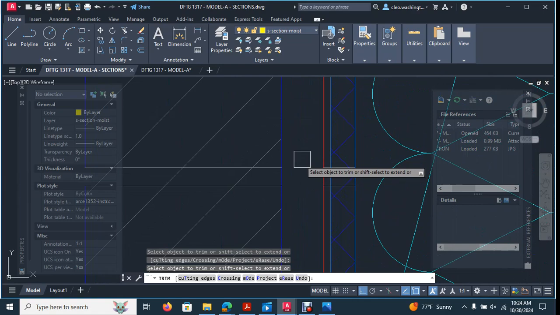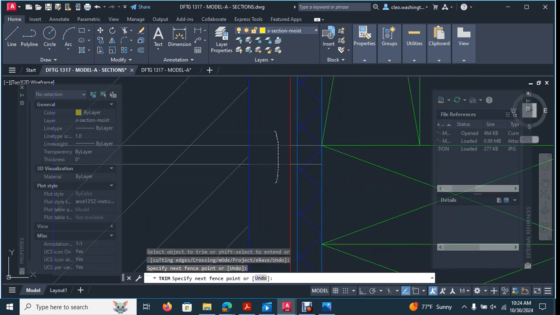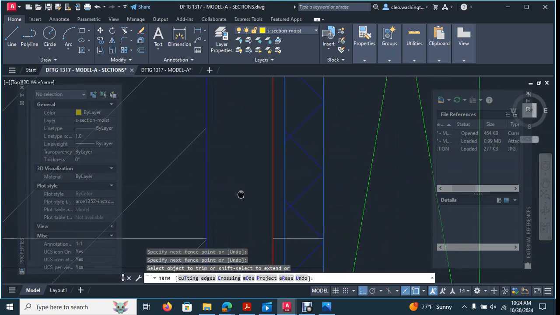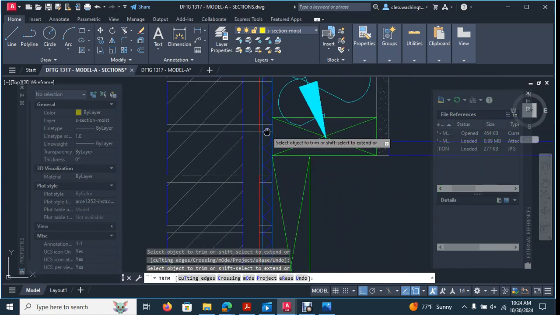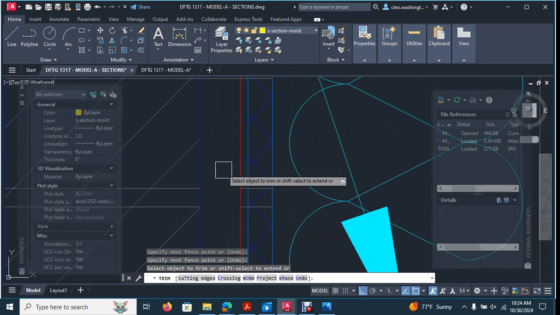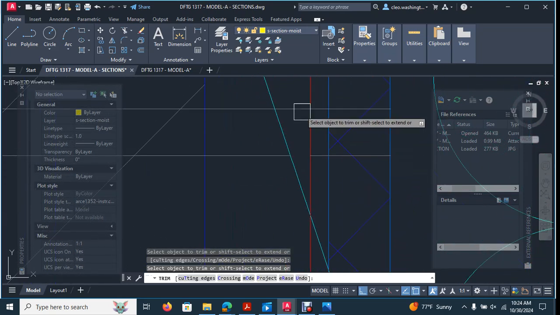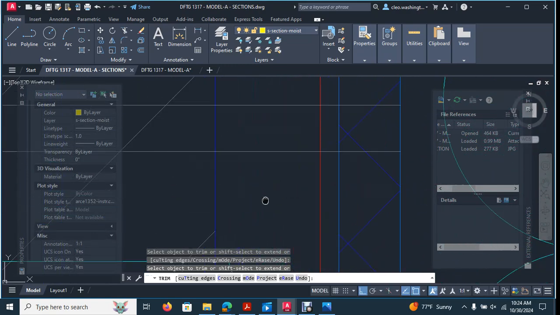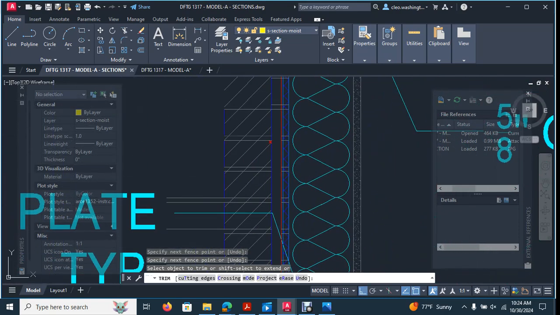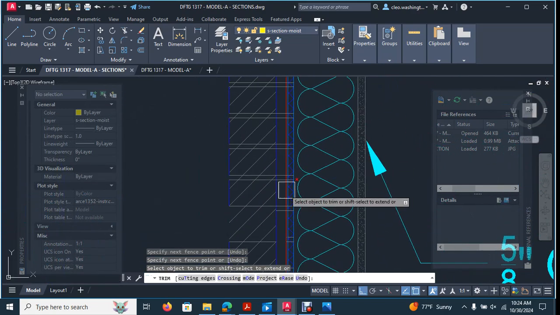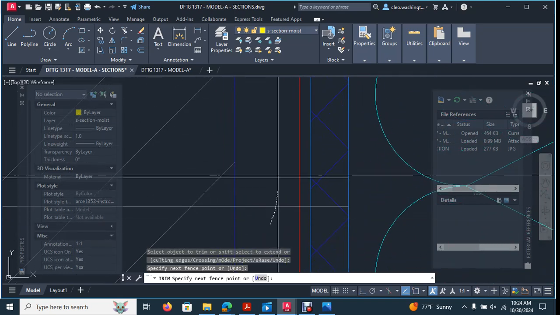Click here and here. And then you click here and here, and here and here. Click here, here, here. I mean, once you get used to Revit, you learn to hate this part of it. But as long as you never take Revit, you'll be all right. But if you ever take my Revit course, you're going to be like, oh my God, this is torture. And it is, because typically Revit will do all this stuff for you. You don't have to